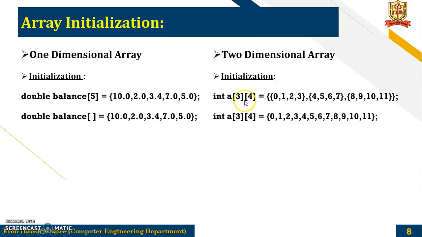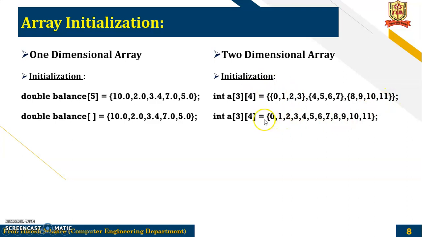Then for two-dimensional, again here we can see the number of rows is 3 and the number of columns is 4. Here also we use curly braces. For each row again we will make a set. So we require 3 rows, and each row will have 4 columns. Here we can see 0, 1, 2 and 3, a total of 4 elements, again enclosed in curly braces. This indicates one row. Again separated by a comma, again 4 elements, this is the second row, comma, again 4 elements, this is the third row. So 3 rows and 4 columns of data are here.